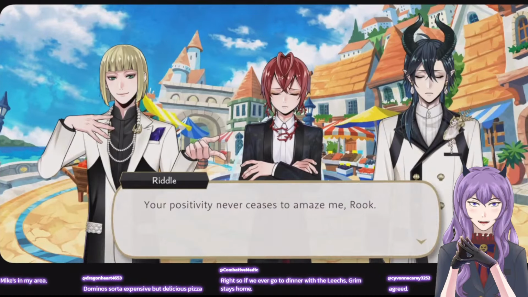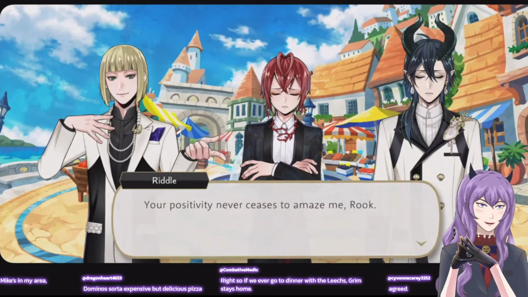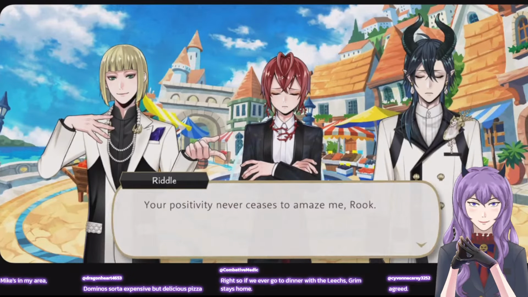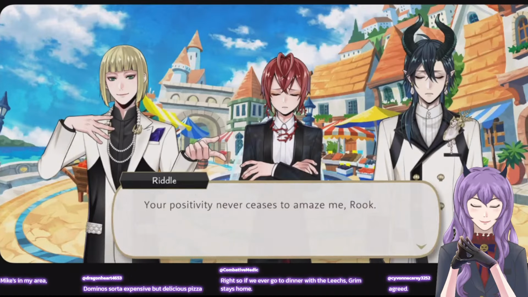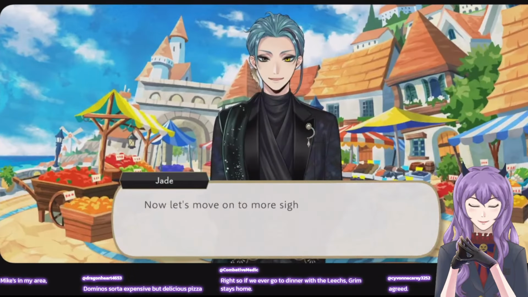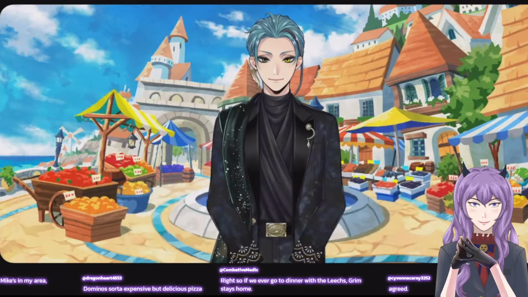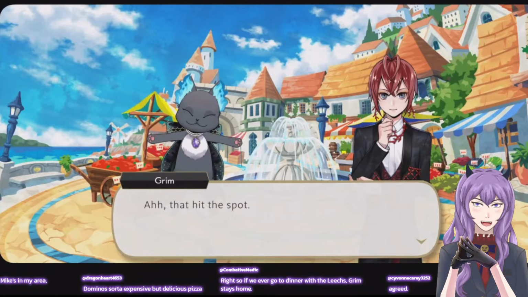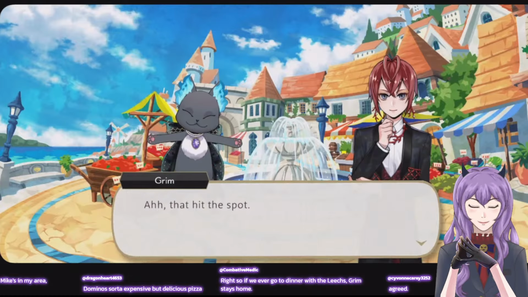If we ever go to the dinner with the leeches, Grim stays home. That is true. If it's a very important dinner, we need to leave Grim behind. Unless, I don't know, I assume Jade and Floyd would enjoy the chaos that Grim would bring. But if we want to leave a good impression, then yeah, we might not want to bring...